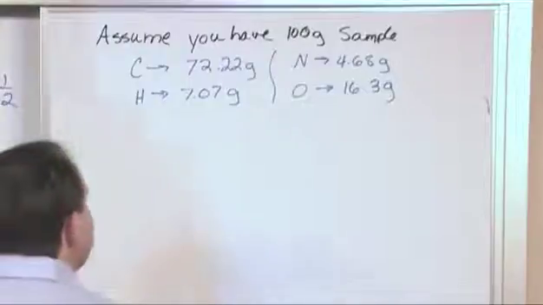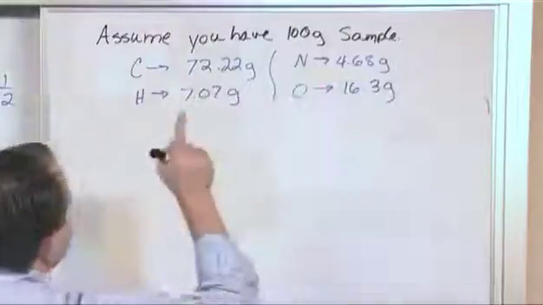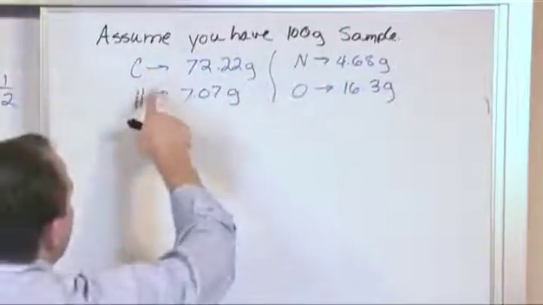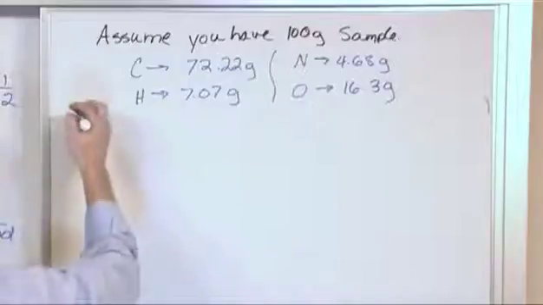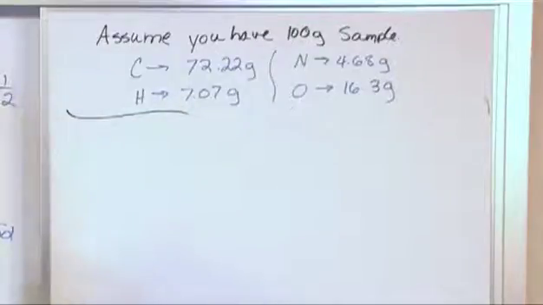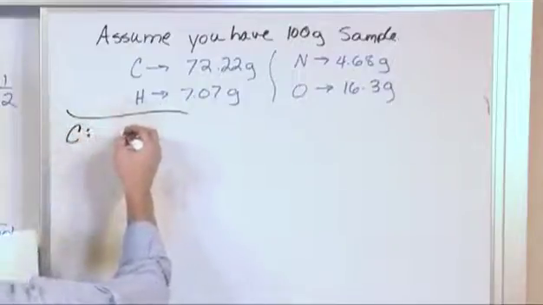Now, knowing that in this 100-gram sample I have this many grams of each of the elements, what we need to do is find out how many moles of every one of these there are, and that is going to be how we build our subscripts in our empirical formula. So for carbon, you have